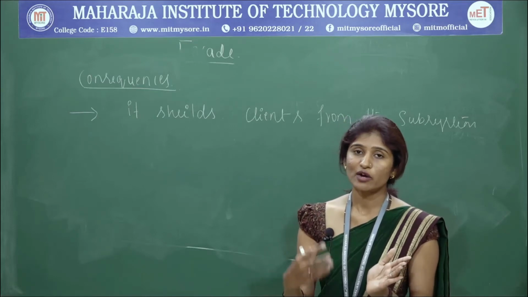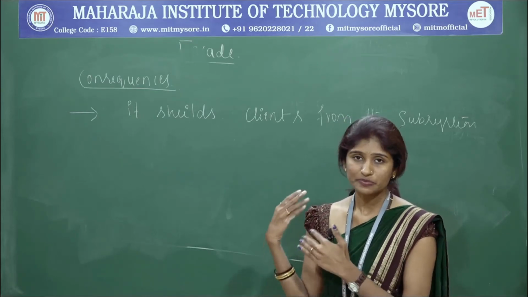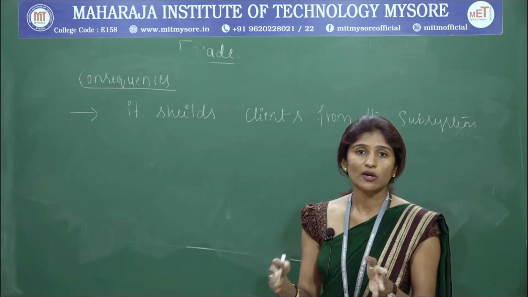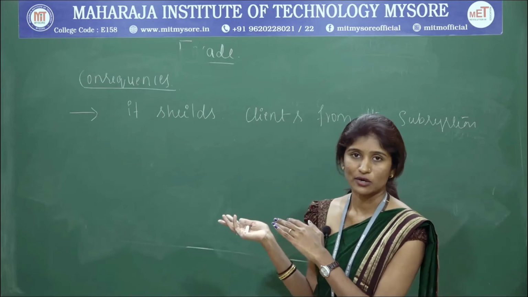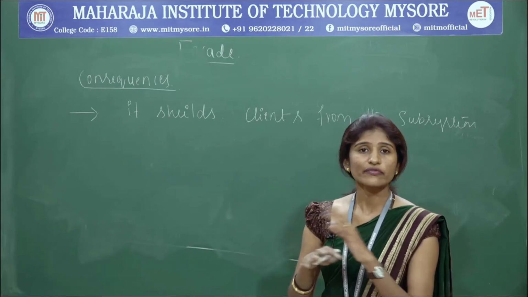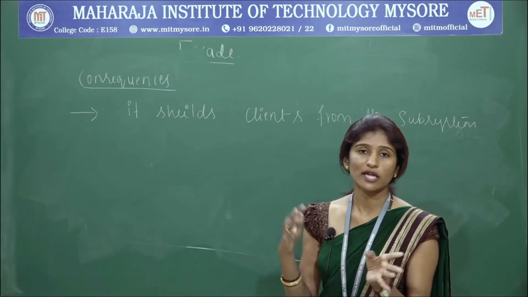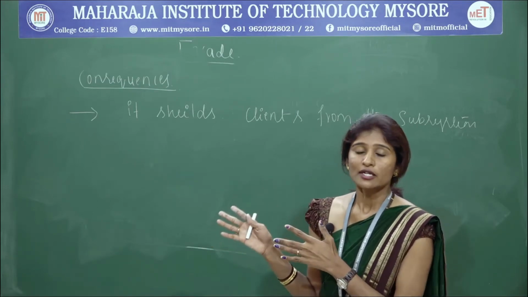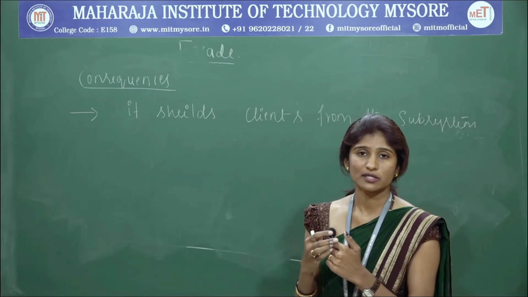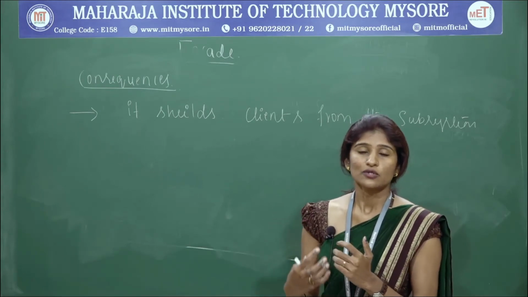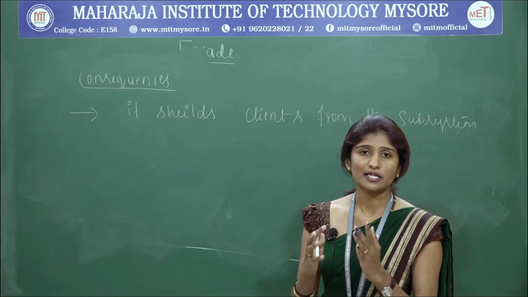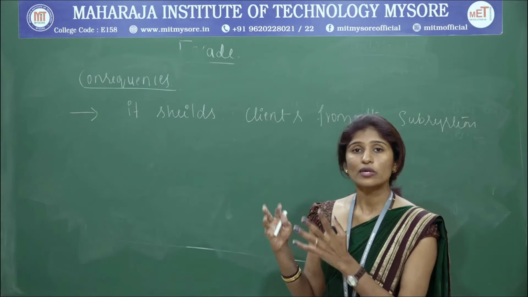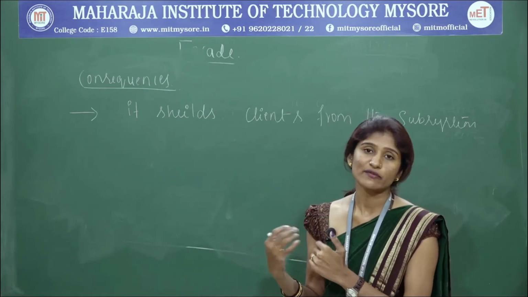Now what happens when you are providing the shield between this client and the subsystem objects? Most of the objects are not directly connected to the clients. Okay, not most, none of the objects are directly connected to a client. Why? Because everything goes across the facade only. So the connection will be with the facade, and the complexities may be reduced. Each and every object's connection with the client is clumsy work, so it reduces that work actually.